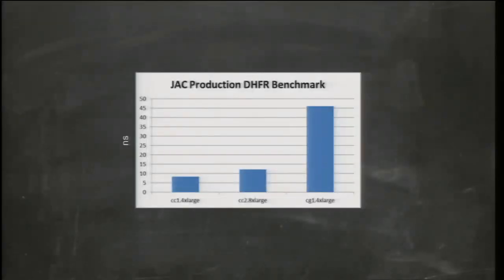An example of the kind of performance increases you get: Amber is a molecular dynamics package that comes out of the academic community. On a CC2 8 extra large, which is this big beast that I talked about, the line in the middle, that's the amount of nanoseconds of simulation you can do in a day. The one on the right is using the CG1 4 extra large. You can do significantly more computing for the kind of application because it fits into that paradigm really well. And it costs actually less than a CC2 does. It's $2.10 an hour. So if your application can be converted, you have to rewrite apps. You have to write them in CUDA. If your application can be pipelined, you can fit your data into the memory that the GPU provides. You get tremendous speed up.